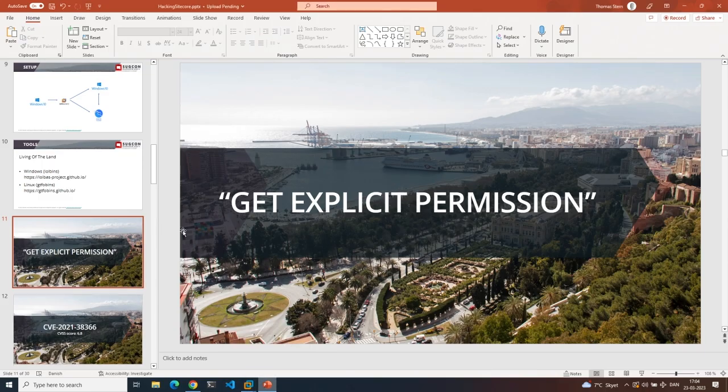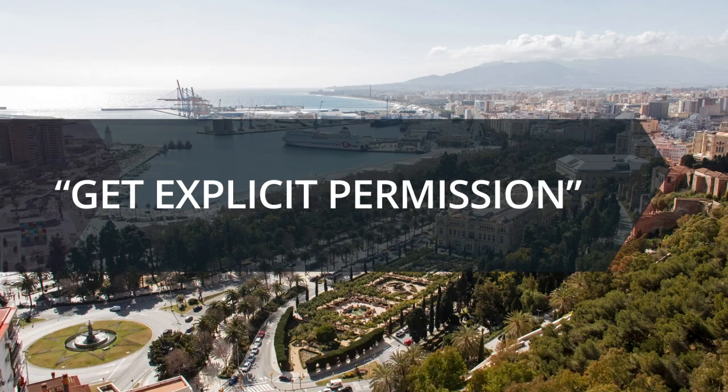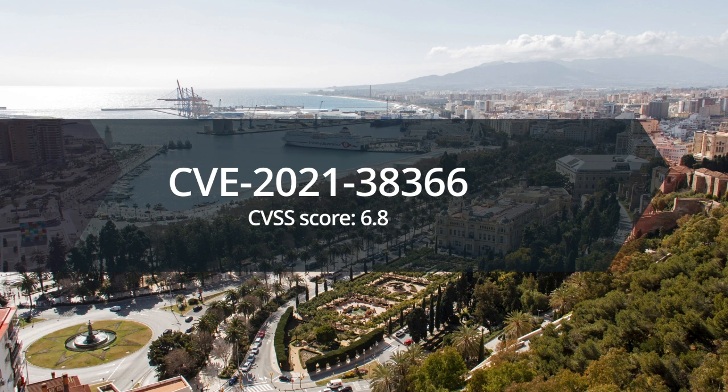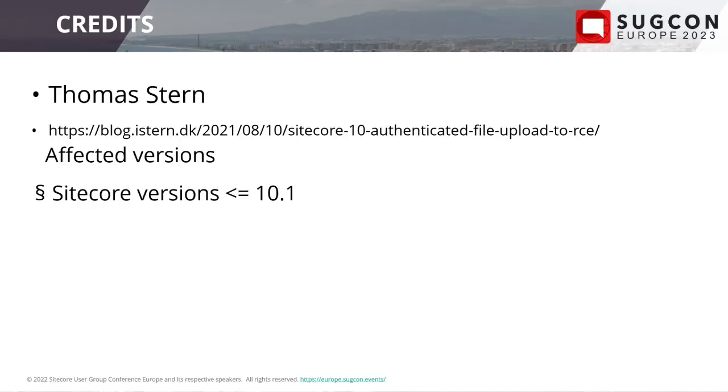Yeah. So let's go back. Now you are actually able to understand what is going on in the background when we start using the exploits, okay? The first one is CVE-2021-38366, and it's a pure beauty, and it got a CVSS score of 6.8, so not that high. The reason why I think it's a beauty is because I'm the owner of it.